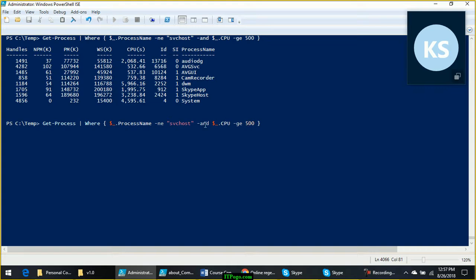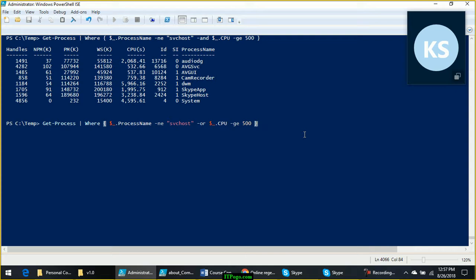But what if I use OR? So either the process name should not be SVC host or the CPU should be greater than 500. If one of these conditions is true, if it is matching, then it will show the results.